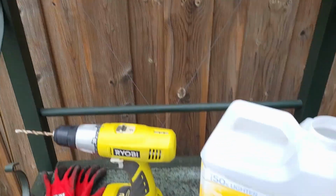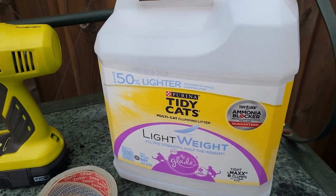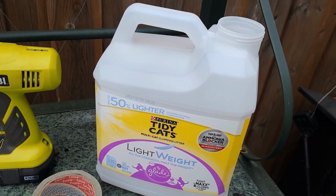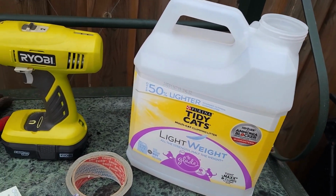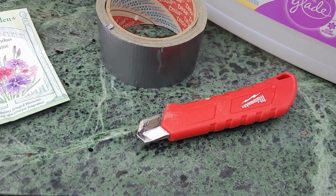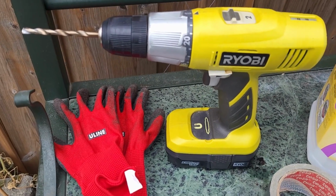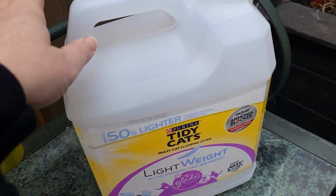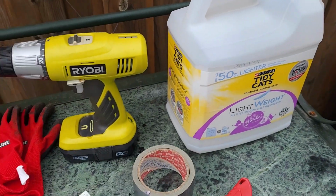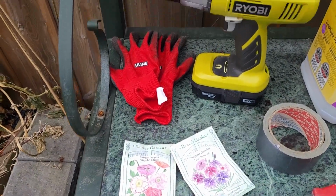So some of the supplies that you'll need are handy cat litter containers. These are great for winter sowing. So you might see cat litter, but I see a perfect container for gardening. You'll need some duct tape, box cutters or a pair of scissors, a drill or something else to make some drainage holes at the bottom of your container. You'll need some gravel, some potting mix, gloves,